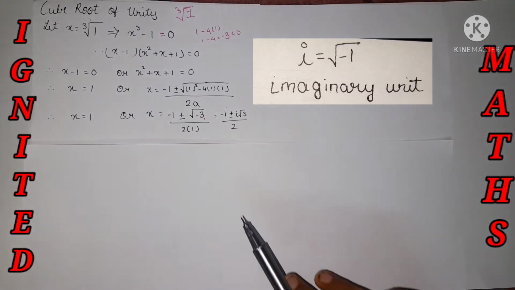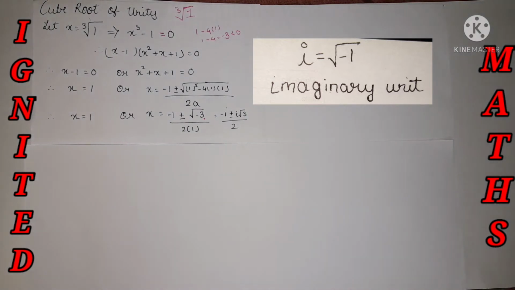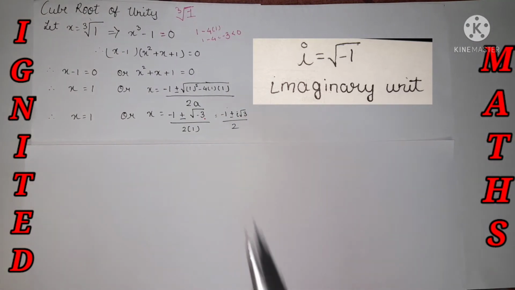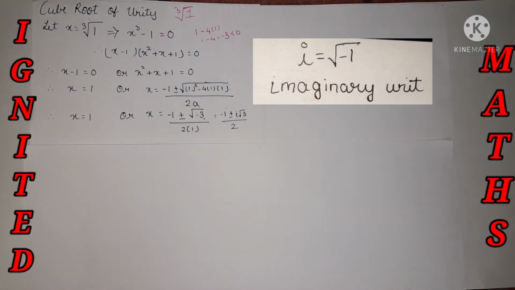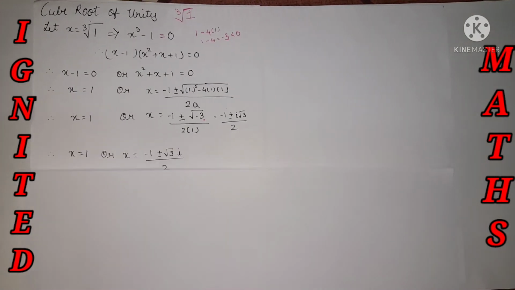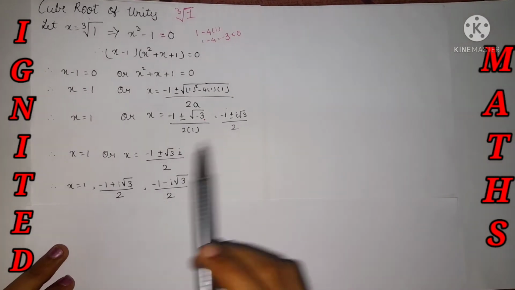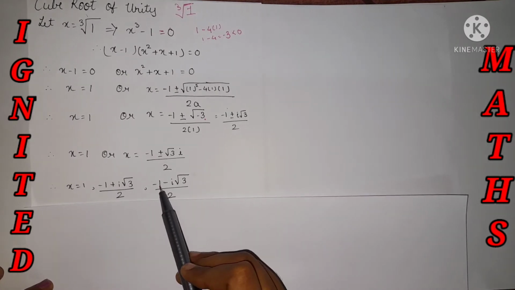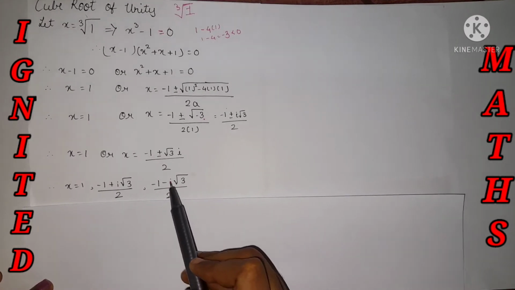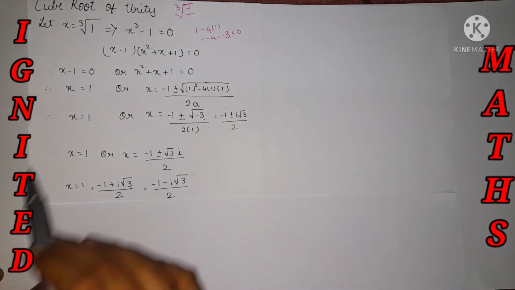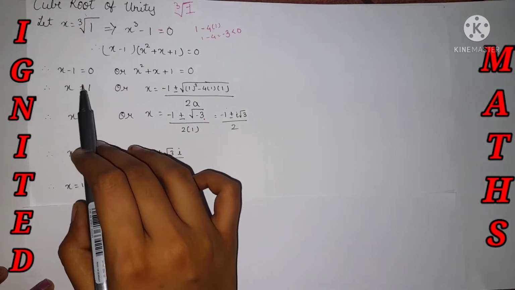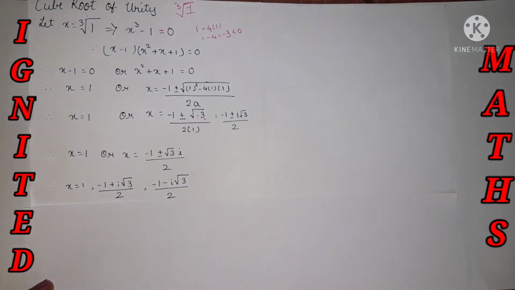This minus 1, take it over here. We have the value as the imaginary unit, so I have put i root 3 divided by 2. Now this is in the form of plus or minus, so I'll be getting two values. It's nothing but minus 1 plus i root 3 divided by 2, and the other value minus 1 minus i root 3 divided by 2, and the one value is actually fixed. Okay, x minus 1 is equal to 0, and this 1 I kept over at the RHS, so the sign will change, and I got the answer.